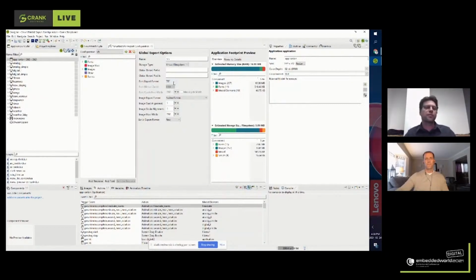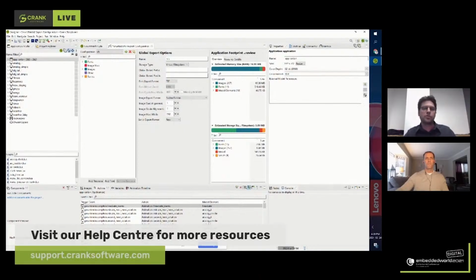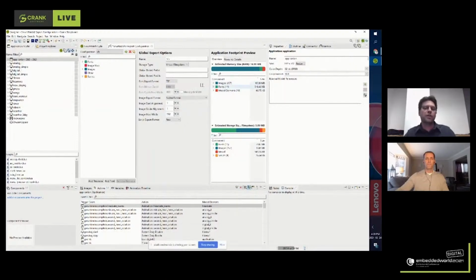So for the first one, we have the ability to switch how your fonts are going to be rendered. So for fonts, you can go TTF, which means that the font is going to be read from a file and glyphs are going to be stored in heap or memory. So you can see over here that we're going to use about 512 or 510 kilobytes of heap RAM for the font. But if I switch that to bitmap and I say I'm going to pre-render them, all the memory